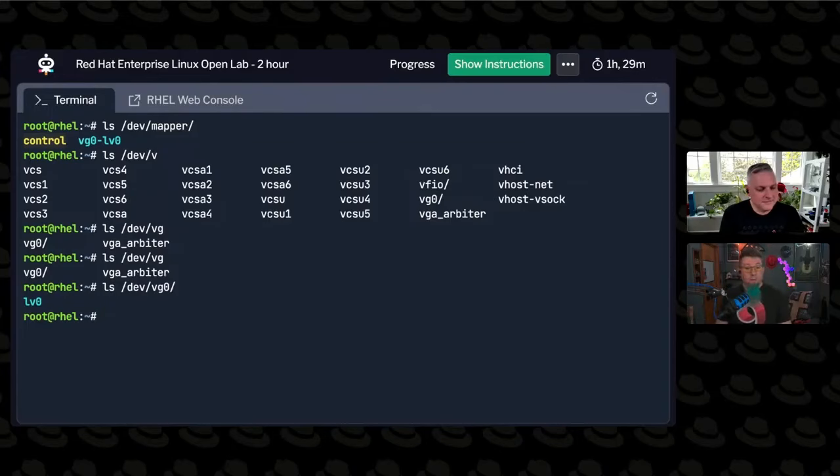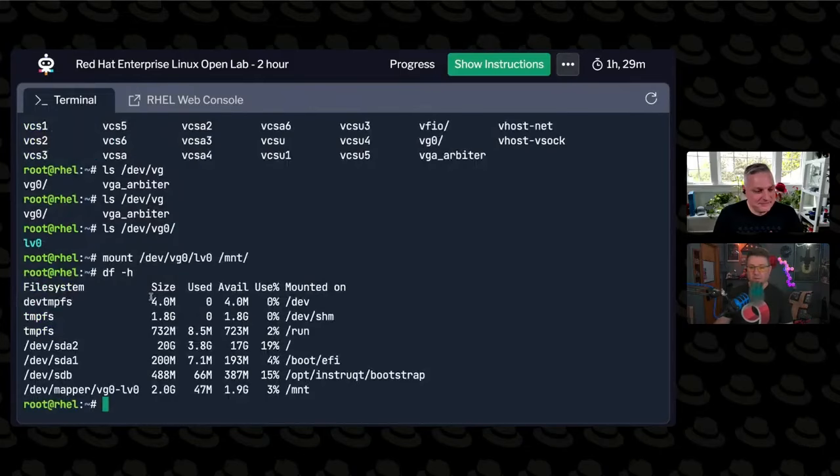But anyway, we're going to mount /dev/vg0/lv0, and we'll just mount it in /mnt, because I don't know if that's a better place to do this. Mount, we're going to do /dev/vg0/lv0. It helps if you spell mount right. Oh yeah, mount. Maybe I have a system alias for mount. You don't know. I do not. Inside of /mnt, right? And now if we do a df -h, you're going to see, look, there's my dev